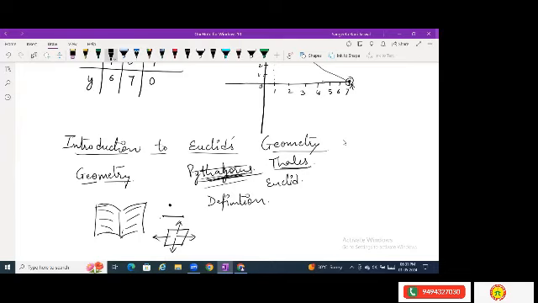Whatever results he put inside the book, like suppose he said that a point is something which has no parts. Are you understanding? Every whole thing has a part, but he said a point is something which has no part. So it's a general thing which does not need any proven fact. This need not be proved. So these are called elements.